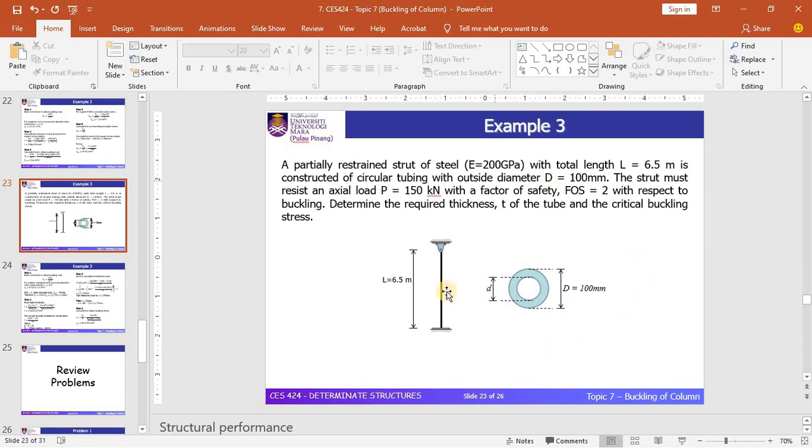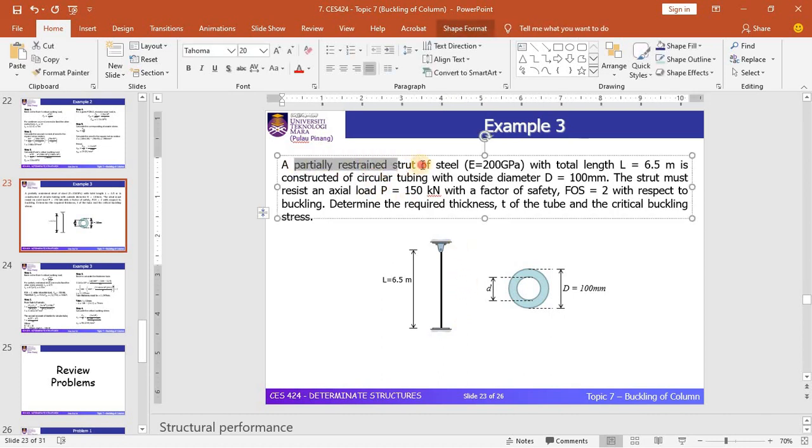By looking at the equations, you can see that we have a strut. I can call it a strut with pinned-fixed support. In this question, they mention that this particular strut is a partial restraint strut. Besides the term fixed-pin, you need to know that this term also refers to the pin-fixed condition. If you find this term in a question, it refers to the pin-fixed condition of